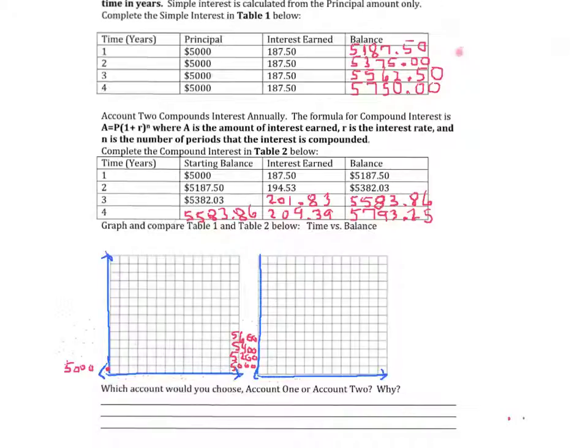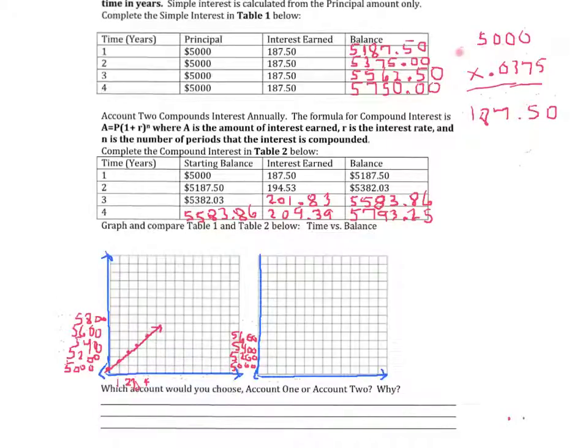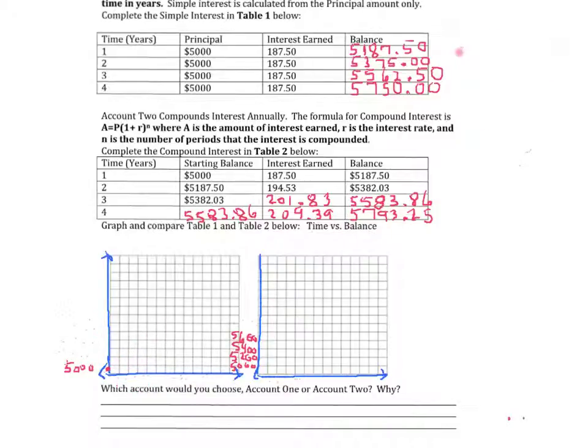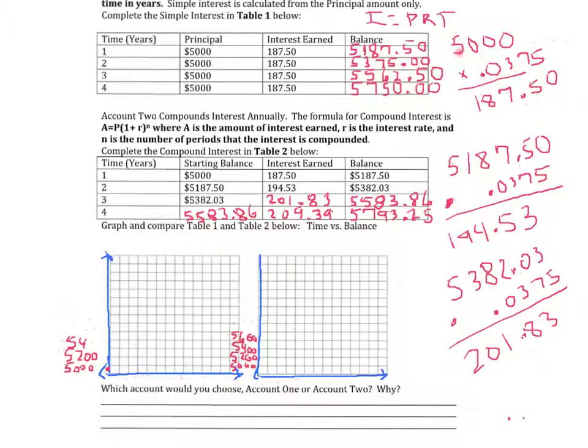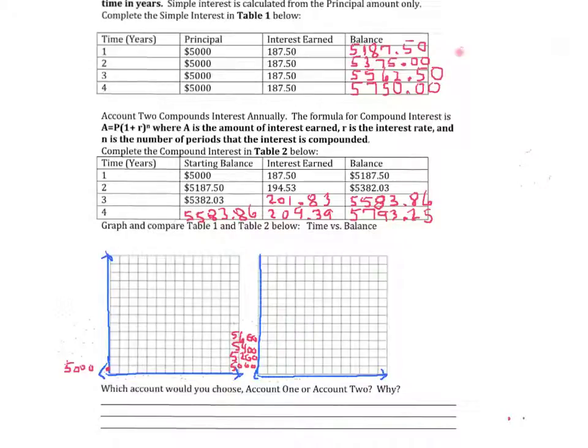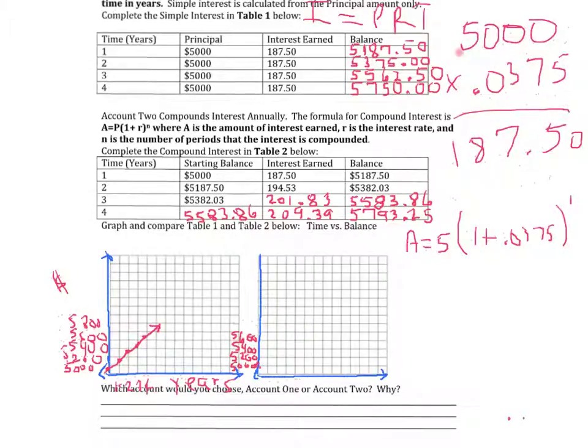But when you go to the second year, you take the new balance, $5,187.50, and they could have just substituted into the formula that I gave them, or figured out that it was compounding interest off of each period, which was in this case years. $5,187.50 times that 0.0375, and that gave them the new interest amount to add on, which was $194.53,